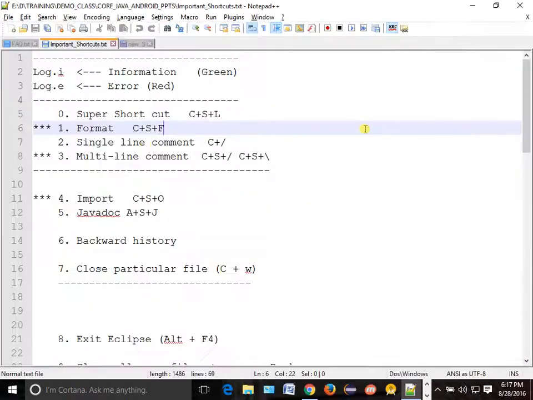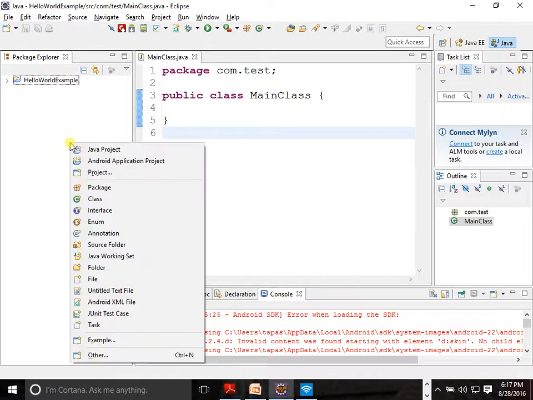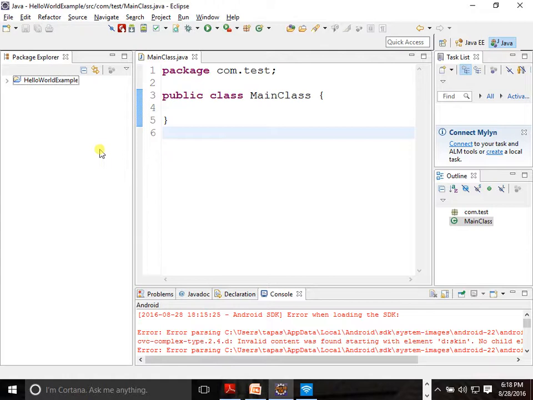Now the second shortcut was if you want to create a project. What is the shortcut? Alt Shift, sorry, N. So Alt Shift N, if you do, it will automatically come here and you can choose. Suppose I want to create a Java project.